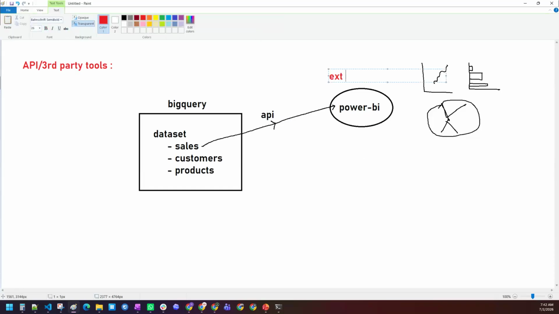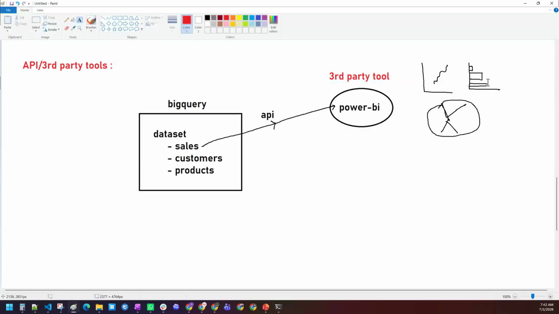It can be used to interact with the GCP services. It's your choice. Today you can use Power BI, Informatica, Snowflake, any of the services to interact with the GCP services. That's nothing but third party tools interacting with the GCP services via some API.